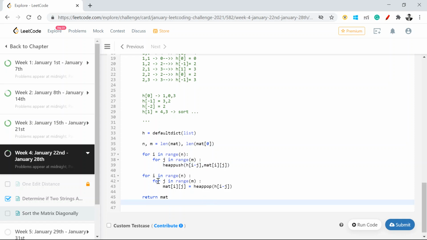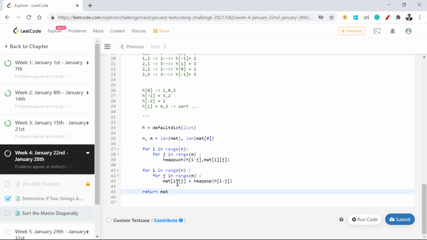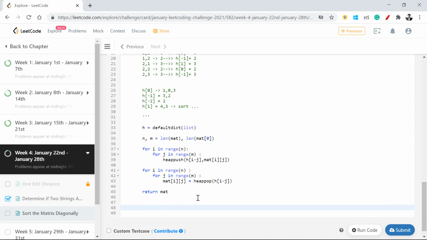And if I look at the complexity, it will be n into m, and n into m into log of whichever is the minimum value out of n and m. So complexity, just to pen it down, for this one will be n into m, because we are doing a 2D array, and log of whatever is the minimum of n comma m. This is the complexity.